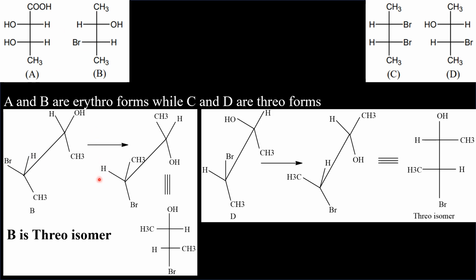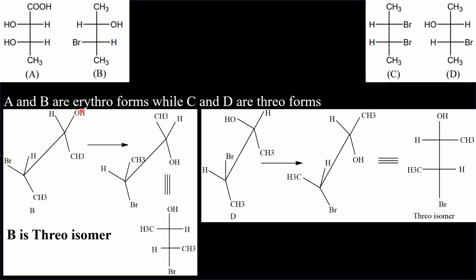Okay, good. Now you do a rotation about the carbon-carbon single bond and bring the two dissimilar groups down. Do a rotation and bring this bromine down. When bromine comes down, hydrogen will go here and methyl will occupy the place of hydrogen. So methyl has moved here. Now you have the two dissimilar groups, bromine and OH, that I have to bring down. So I have brought bromine down now.